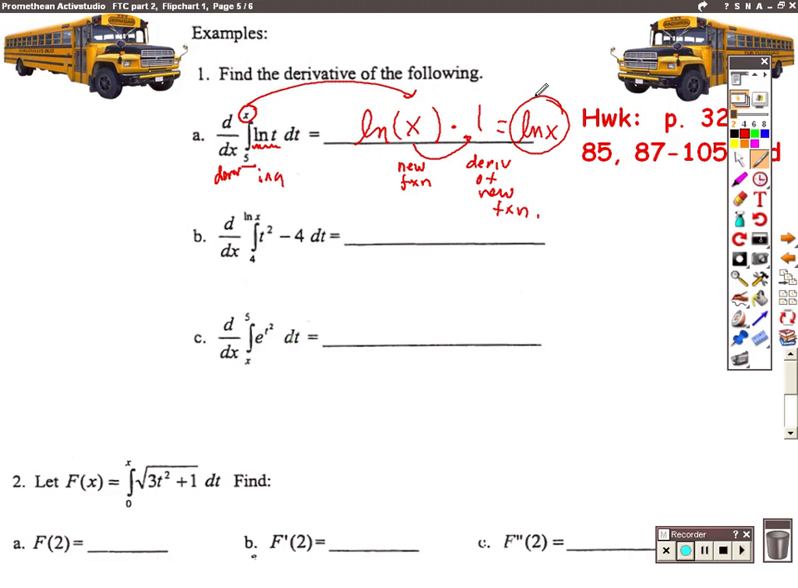The t comes out, the new function comes in, and you multiply by the derivative of the new function every time. Let's take a look at the next one. We're starting with 4